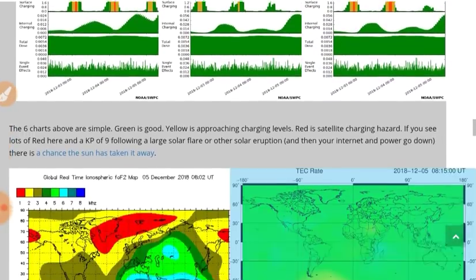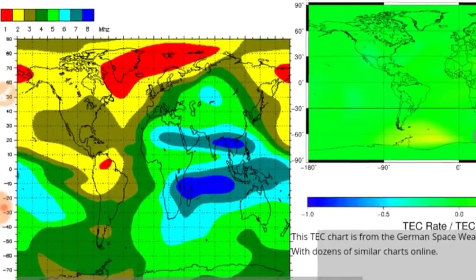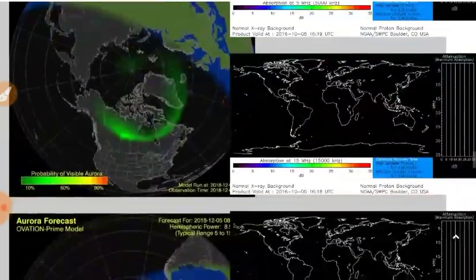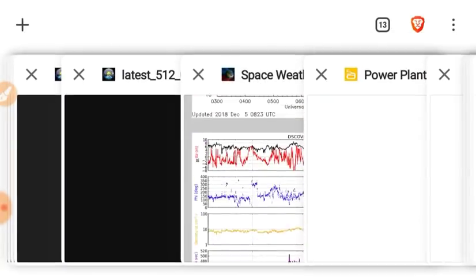Charging hazards are not too significant, and the F2 layer is looking fairly discharged, especially considering how high the solar wind speed is. Auroral forecasts are weak,